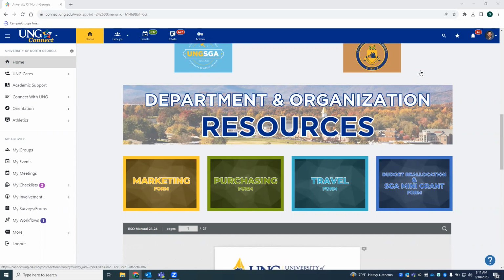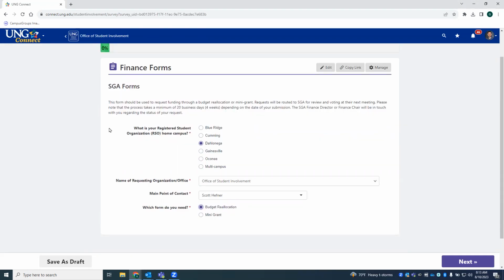Hello. In this training, we will be reviewing budget reallocations and SGA mini-grants. You may find these forms located on the homepage of UNG Connect under the Departments and Organization Resources. Please note that budget reallocations or mini-grants fall under the purview of the SGA Finance Director or Finance Chairs of